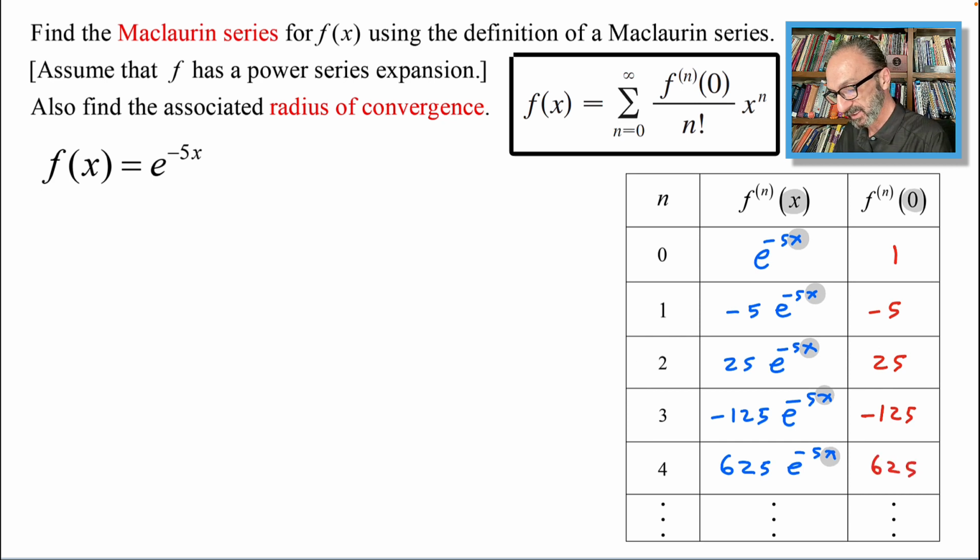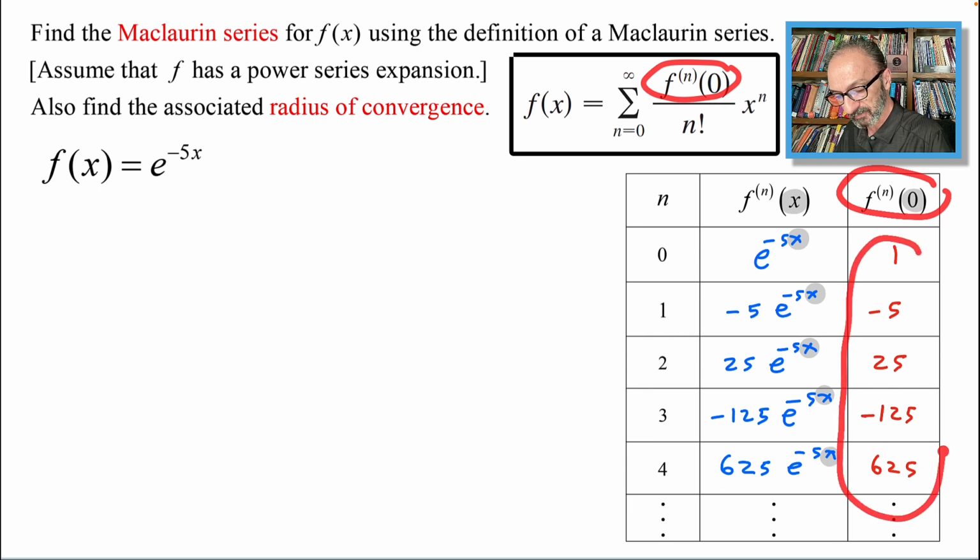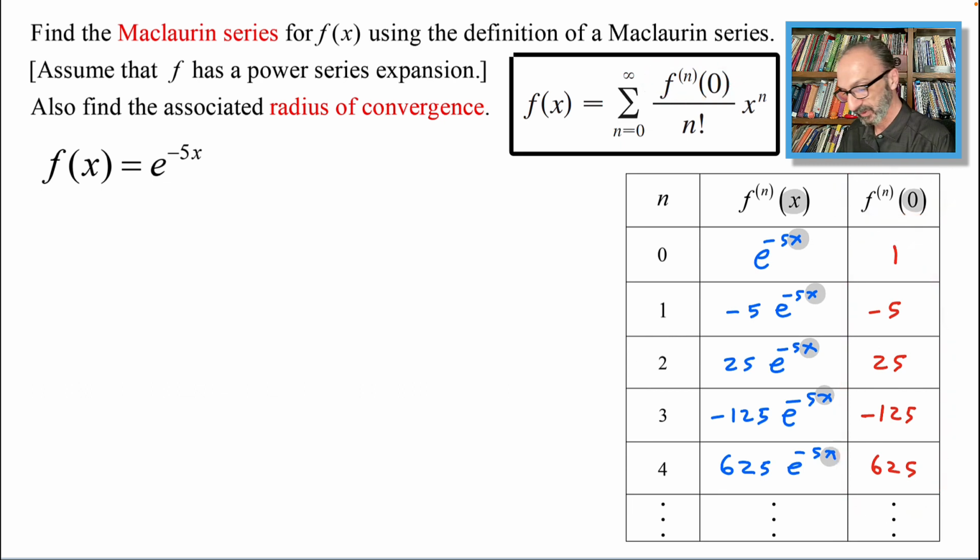Notice that this part right here that we're looking at on top is right here, and clearly it's powers of 5 but alternating. So to write the function f of x, which is e to the power minus 5x, we could write it this way: equals to summation n equals 0 to infinity of the following